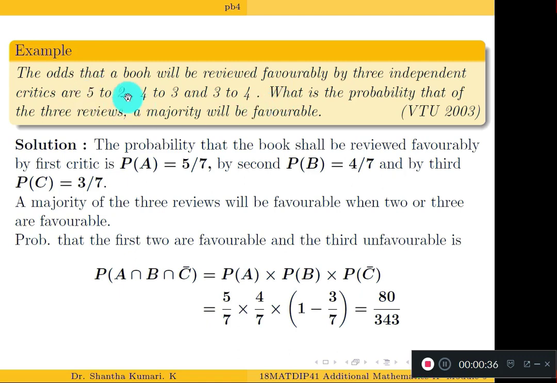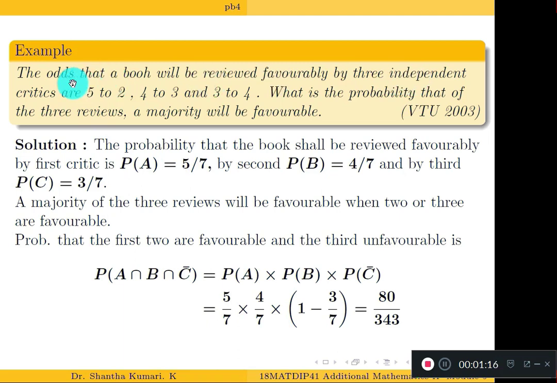Meaning is, totally there are 5 plus 2, that means 7 cases. Out of them, 5 are favorable to the event and 2 are not favorable to the event. Similarly here, there are totally 4 plus 3, 7 cases. Out of them, 4 are favorable and 3 are not favorable. Okay, I already explained this in the first video of this chapter. Just go through it once again. I explained how to find the probability when the data is given in this form, m is to n. Okay, so take A as the event.